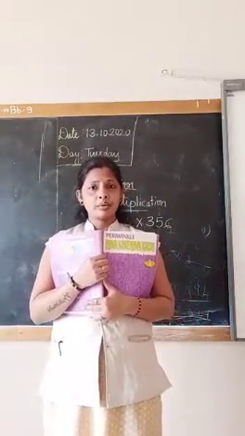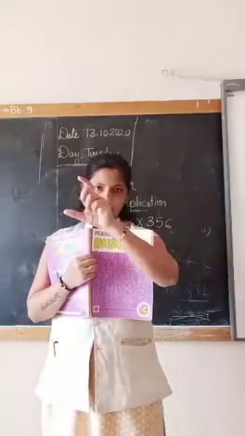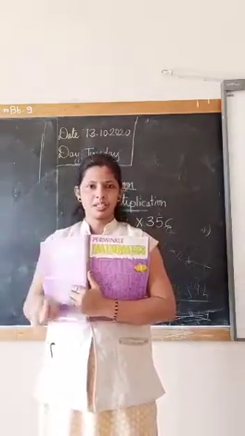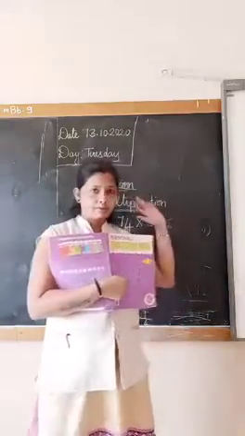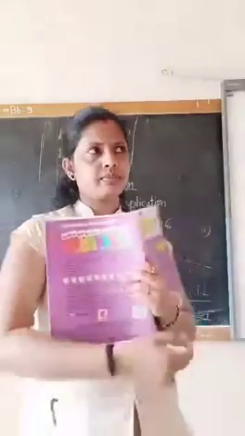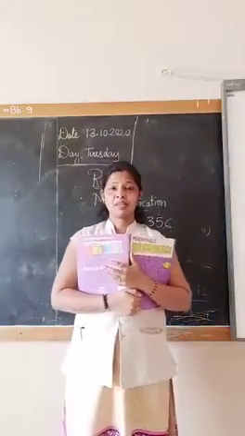So how do you write the statement? The cost of 1 pen is 25. Therefore the cost of 10 pens is 25 into 10, that is 250. Okay. But you have to make the columns for statement and working part. And this is given directly. Sometimes